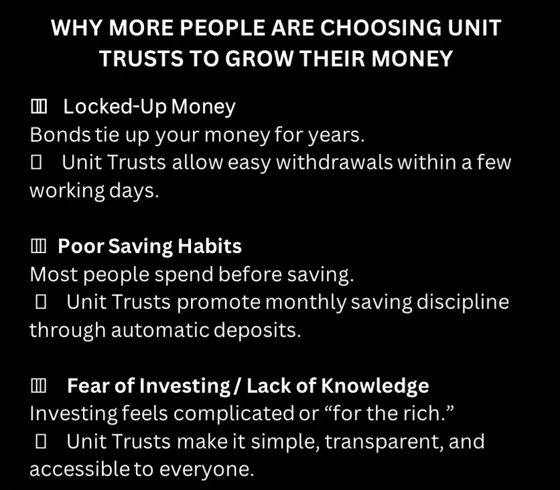The other issue with government bonds is that your money is locked up for a very long time. So if you don't want your money to be locked up for a long time, you go to unit trust. And if you look at unit trust, you can invest at any time, at any day. It's just a matter of doing a transfer. But for government bonds and treasury bills, it's not like that. You can only buy treasury bills twice in a month. You can only buy bonds once a month. So if you want to develop a culture of saving, you do unit trust, because you know that as you are making money, you can be saving money at any time.